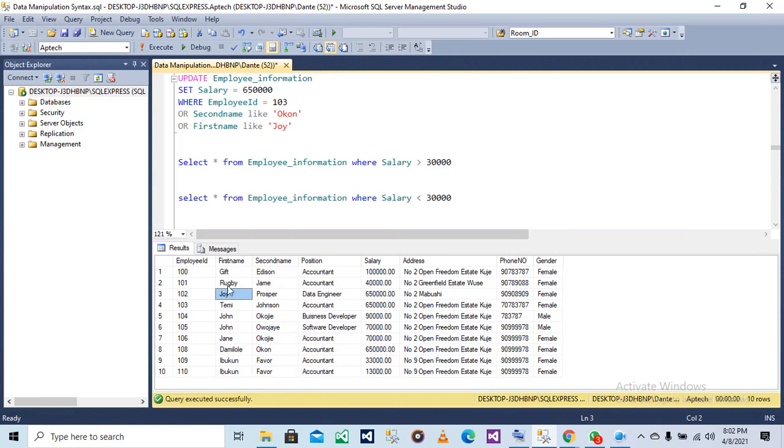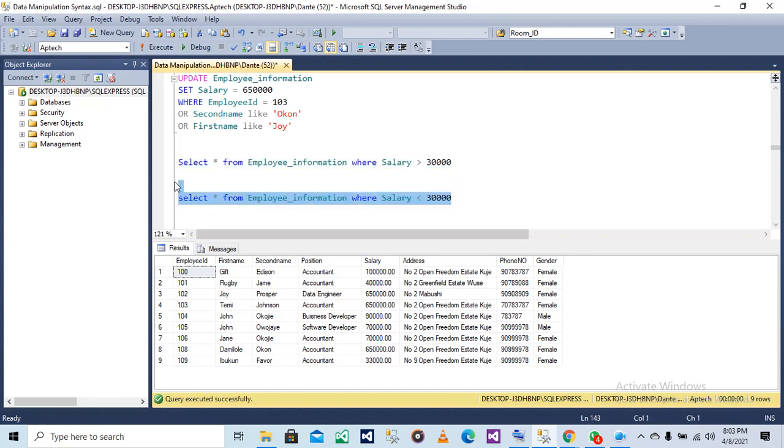It's going to give me all the employees in this table that have a salary greater than 3,000. So let me run it. You can see we don't have any employee with a lesser salary here. All the salaries are greater than 3,000.